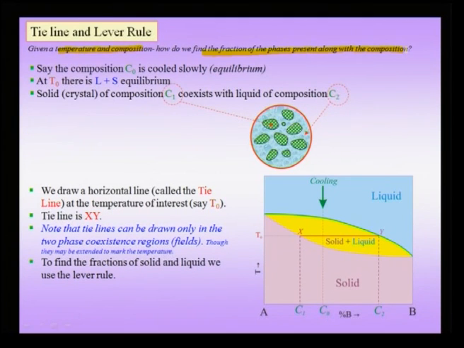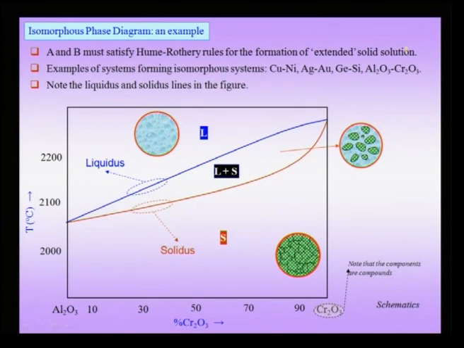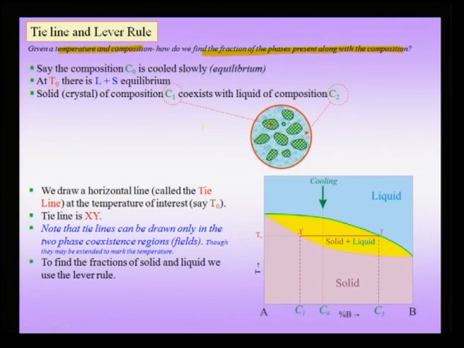For instance, we have already seen in the case of an isomorphous phase diagram that there is a single phase region, the liquid phase region, the solid phase region. The liquid and solid both contain components A and B, and there is also a liquid plus solid phase region which separates the liquid and solid phase regions. And in this two phase region, which is marked in yellow in the current slide,